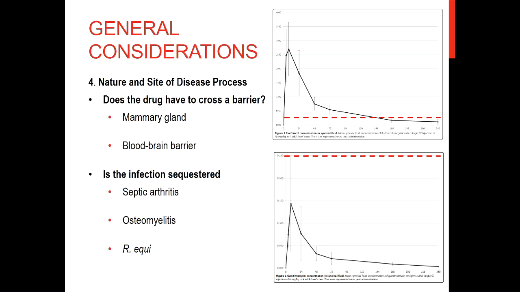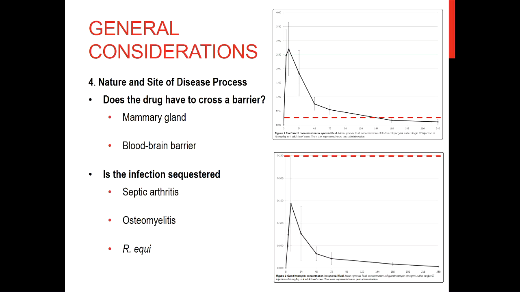So in other words, I have to achieve a concentration of 0.25 micrograms per milliliter in some tissue matrix, in this case joint fluid, with both of those drugs to slow the growth of that pathogen. Sort of make sense? Okay. So in vitro, they're the same. So theoretically, they'd be reasonable choices either way. But